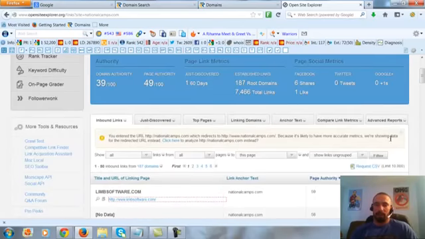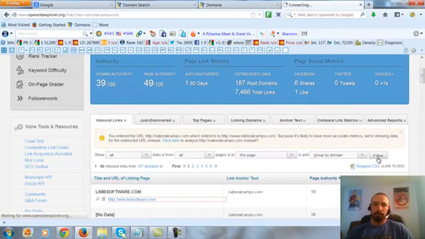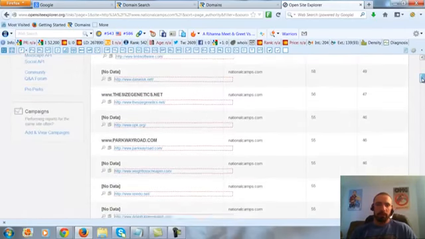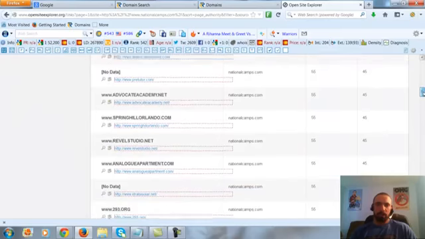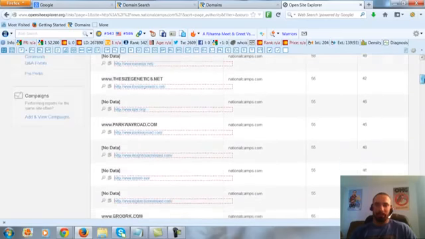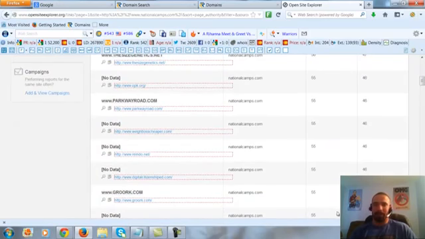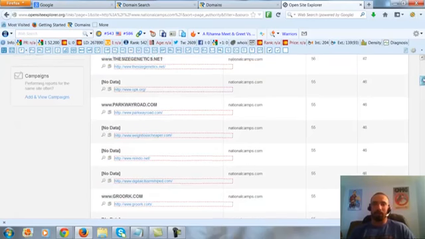Let's get out the duplicate domains, and I'll show you why I think it's fishy. Scroll down, and we see a lot of the same stuff. We have pretty much identical page authority from almost identical domain authority on all of them. That's the first thing.